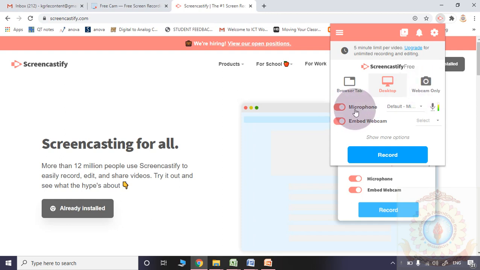Here there is a chance to include the microphone. We compulsorily need to include the microphone, because without our audio, how can we record our lecture? Compulsorily the microphone should be included. Embed webcam: here you may choose whether your webcam should be included as PIP, which means in the video, at one corner, your face will appear. If you want to include the webcam, you need to select this.